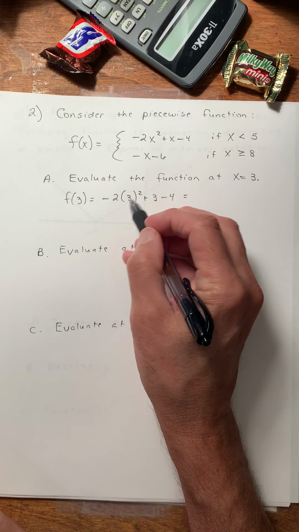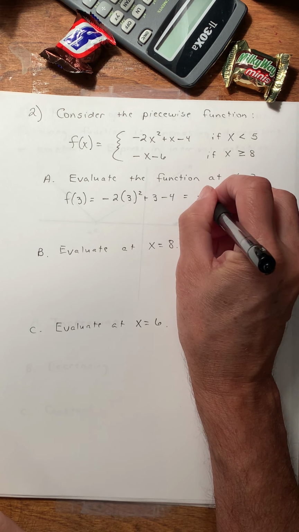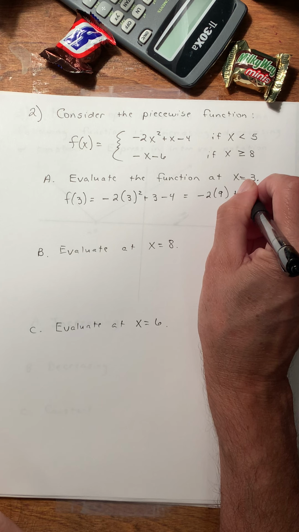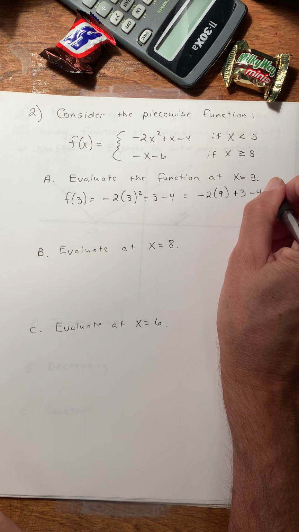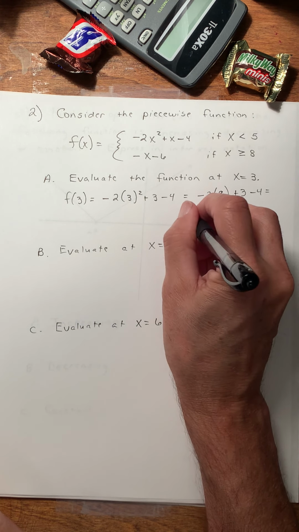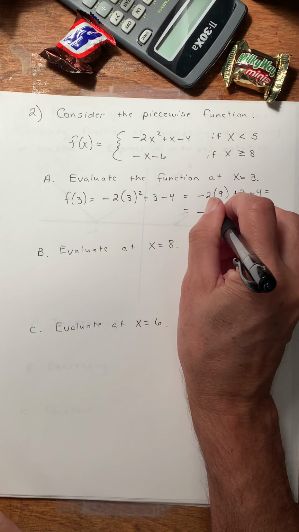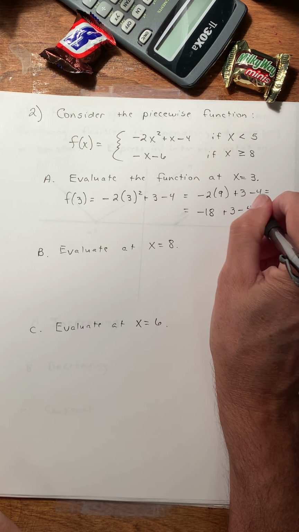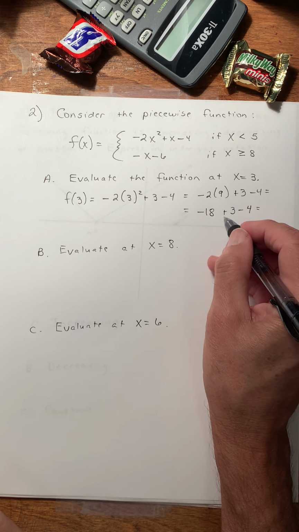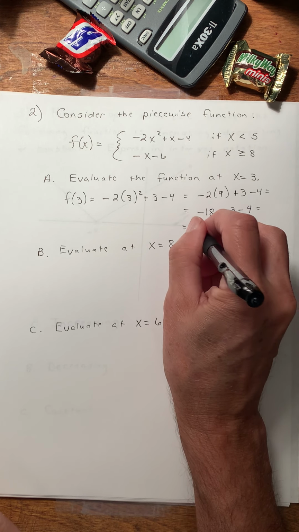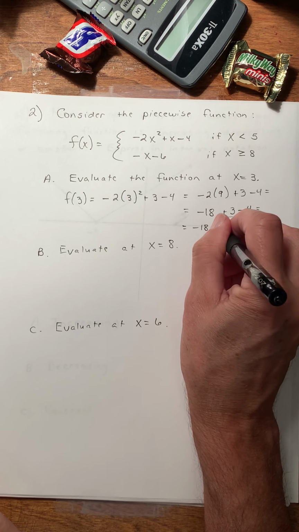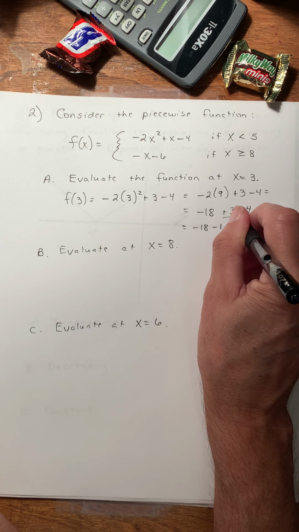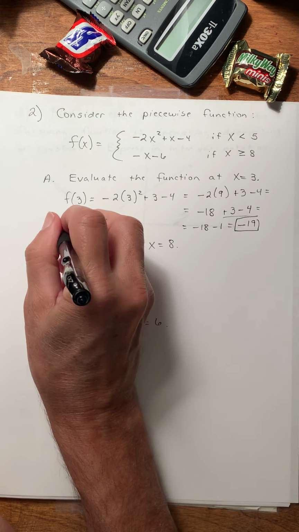All right, no, I do my powers first. It's negative 2 times 9 plus 3 minus 4. It's negative 18 plus 3 minus 4. I'll do these two together. That's negative 18 minus 1. That's negative 19. So f of 3